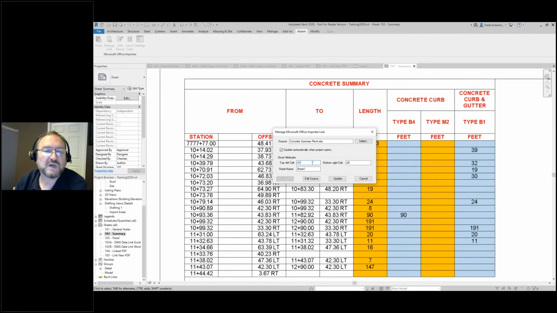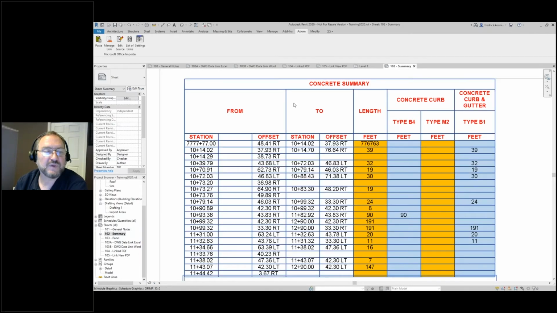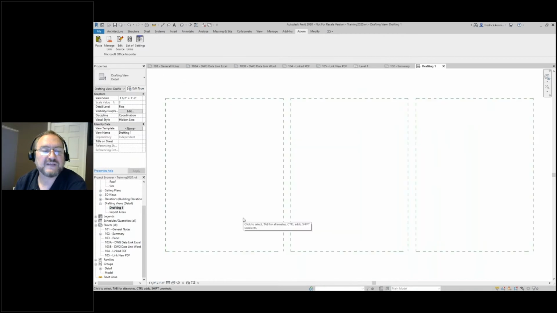You could also use these fields to adjust the scope of the paste by expanding it or contracting it, or even just moving the scope of the paste if you needed to do anything like that at all. So I'll cancel that, and now I'm going to go into a drafting view. And for a while now, not only have we been able to paste into sheets, but also into drafting views